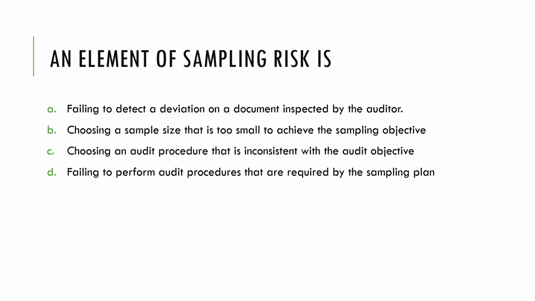That is sampling risk. When the sample is not representative, when the sample is too small, when the sample was selected using inappropriate sample selection techniques, like for example, the auditor only used block selection good for 1 month. So everything that has something to do with the sample is sampling risk. But on the flip side, when you talk about non-sampling risk, this time the auditor will say, sample, it's not you, it's me. I'm the one who is deficient. I'm the one at fault. I'm the one who is lacking. And so therefore, in the case of letter A, the deviation is already in the sample and still the auditor did not see it. It's the fault of the auditor.